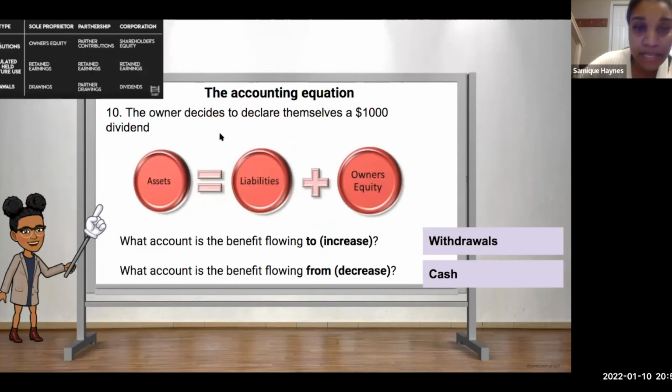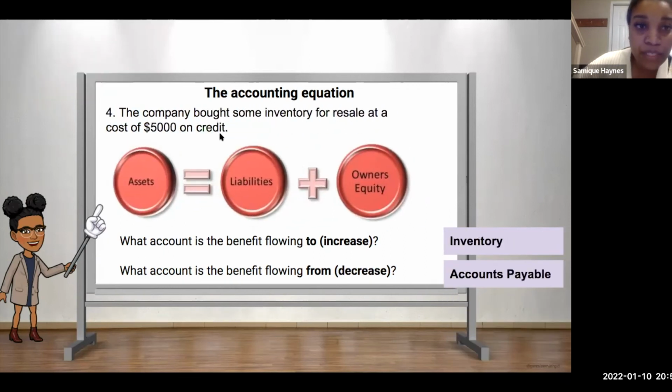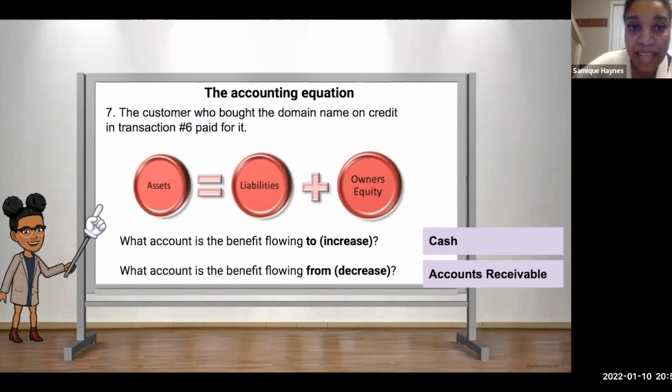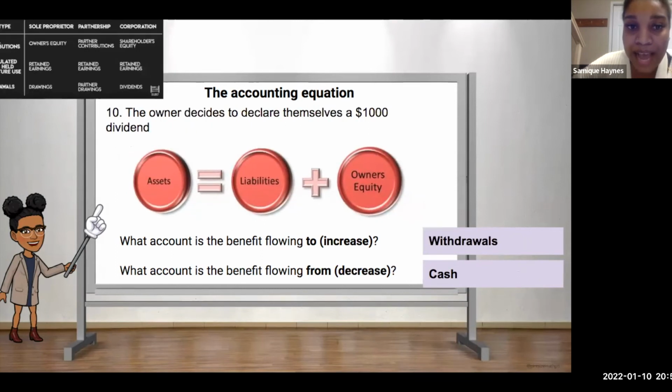And remember, I showed you this up here, and we saw that withdrawals is an expense, causes the equity to go down. Well, a withdrawal was what happened in that last one, where we declared and paid a dividend. That will count as a withdrawal. All right, it reduces our owner's equity.